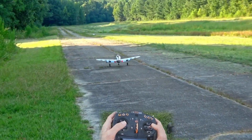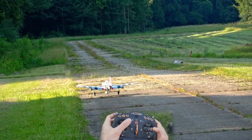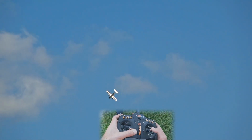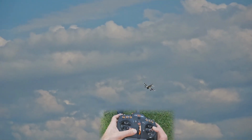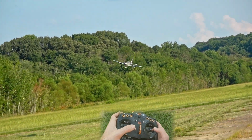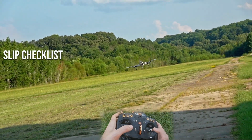This can be tricky for a lot of pilots, but I'll loop back to confidence. The more you do it, the easier it gets. Practice makes perfect. The more you practice a slipped approach, the better they'll get and the easier you'll find them to perform. Slips should be considered a vital part of your toolkit, and to recap,